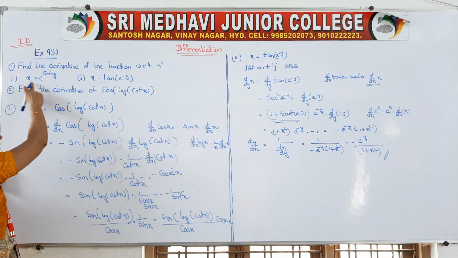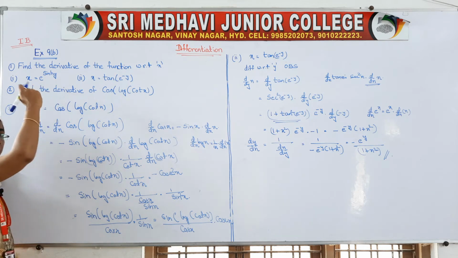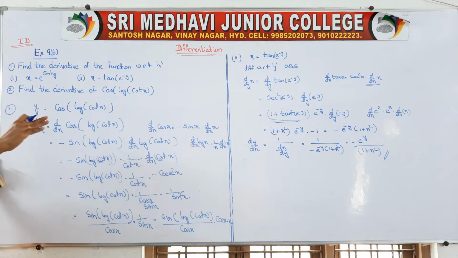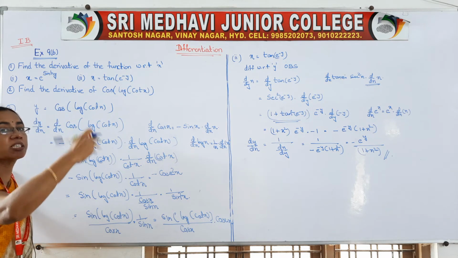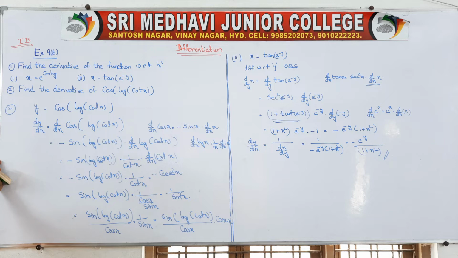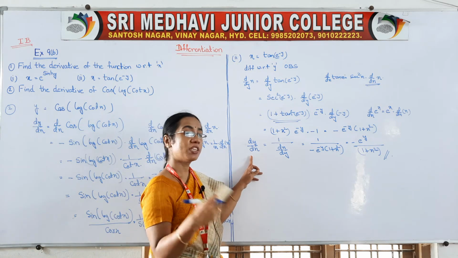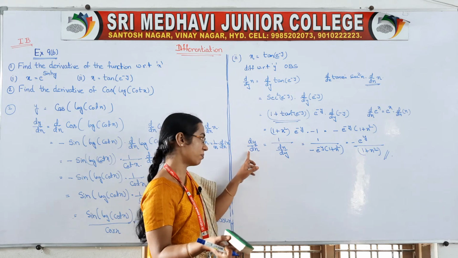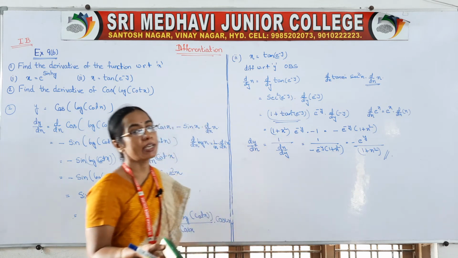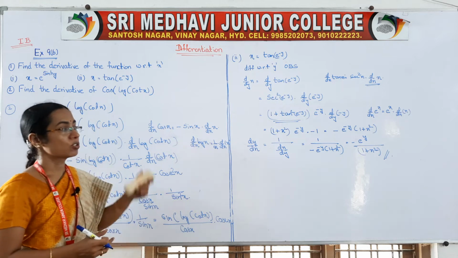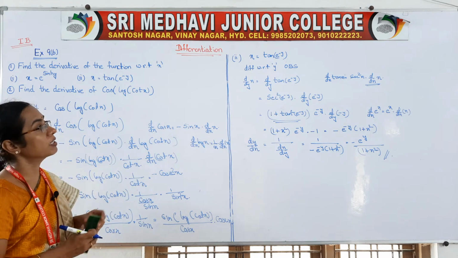We get the x value in terms of y. Whenever x is given in terms of y, you have to differentiate x with respect to y. Generally we differentiate y with respect to x, but in these 2 problems differentiate with respect to y on both sides first. Then you will get your dx by dy, and with that you find dy by dx. How? After getting dx by dy, we write dy by dx is equal to 1 by dx by dy. So if you substitute, you will get your answer.